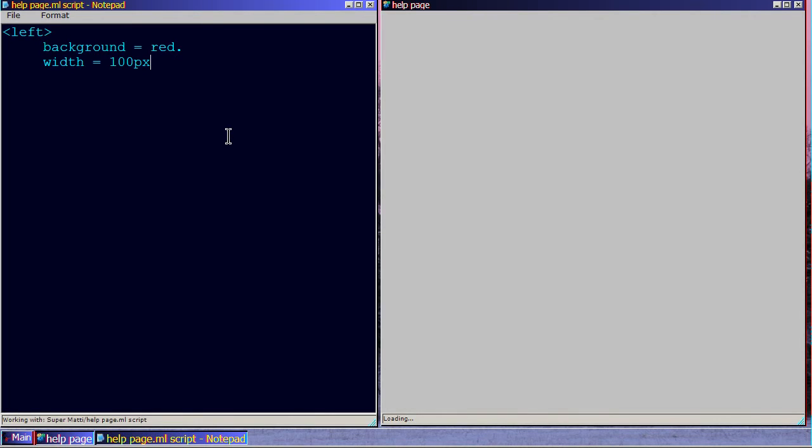Okay. When it's silver, that means it didn't work. There's an error. What you need is an end of statement. Okay, it's still working, but you still don't see anything. You got a width of 100 pixels, but you have no height, so it still doesn't show up. So the next line down,